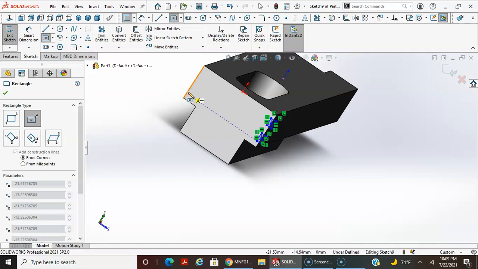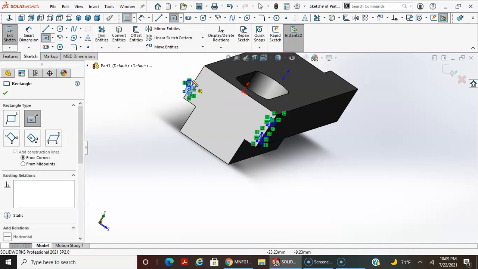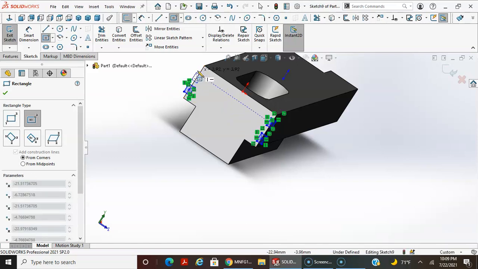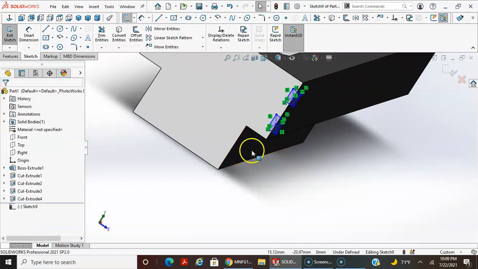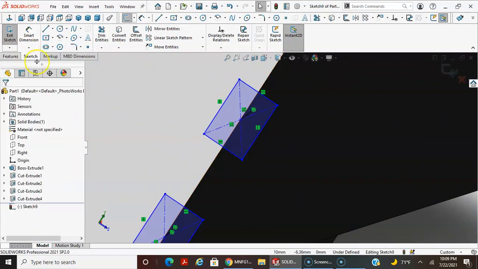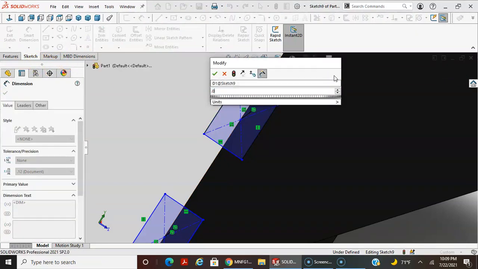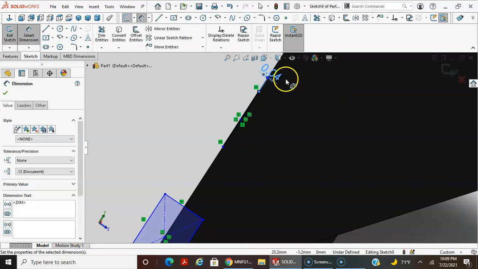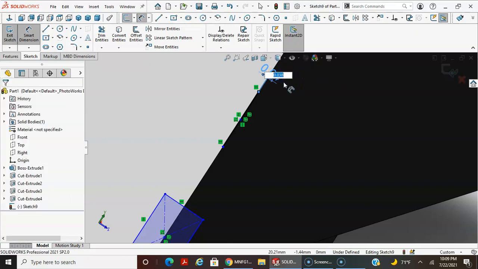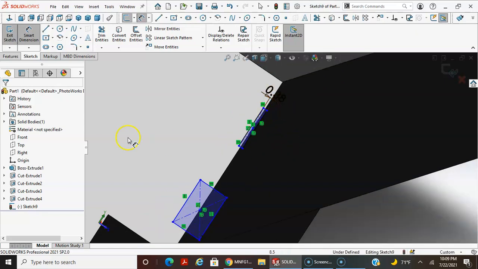Here, one here, and I'll just show you one of the dimensions on there is it's 0.019 times 2, and you can use, oh, it's so small, you can double the number 0.19 times 2 times 2. Let's try that there. So it's 0.38. That's a metric dimension. And then